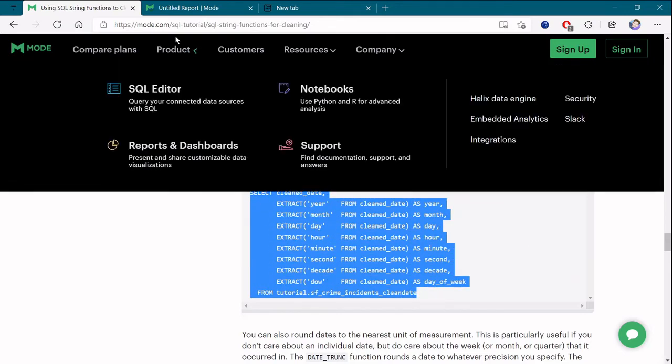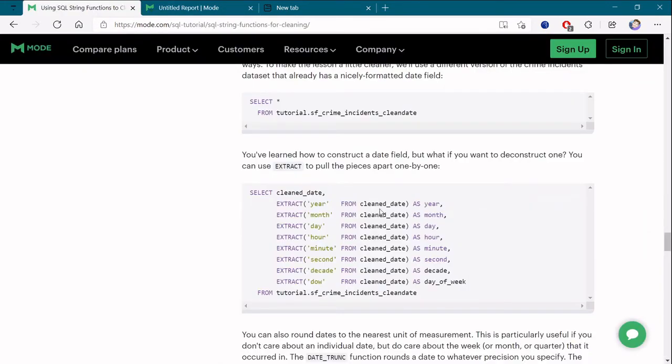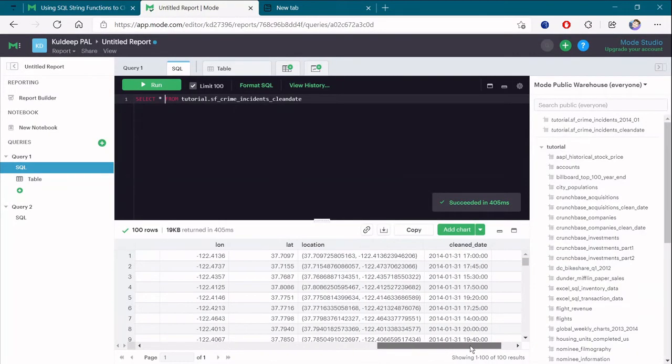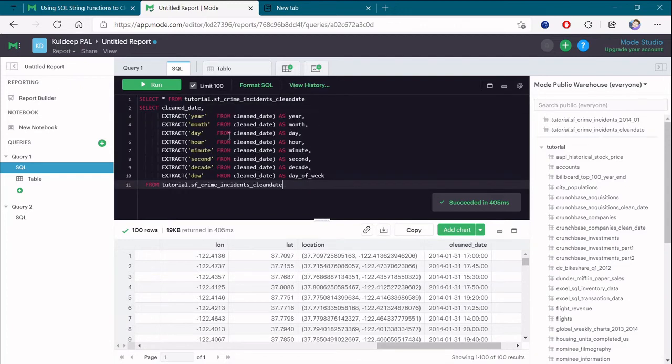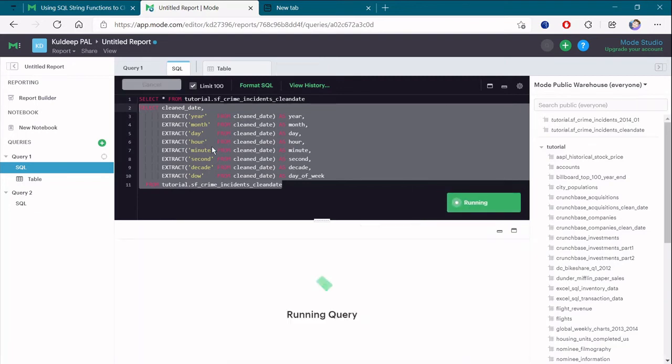This is the interesting part actually. This is the same thing, and what are we using it on? On clean date. Okay, we have saved that as a clean date. Here it is, this is the clean date. On that clean date we are working and extracting year, month, date or minute, second. We can directly extract it if it is in a date format. Actually we have converted it directly into a date format, that is not in a string format.